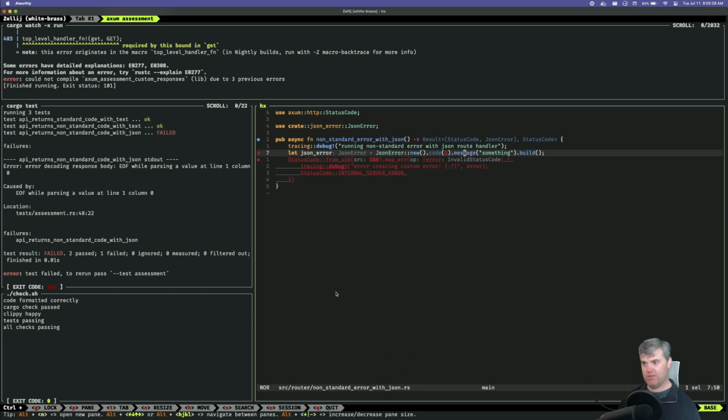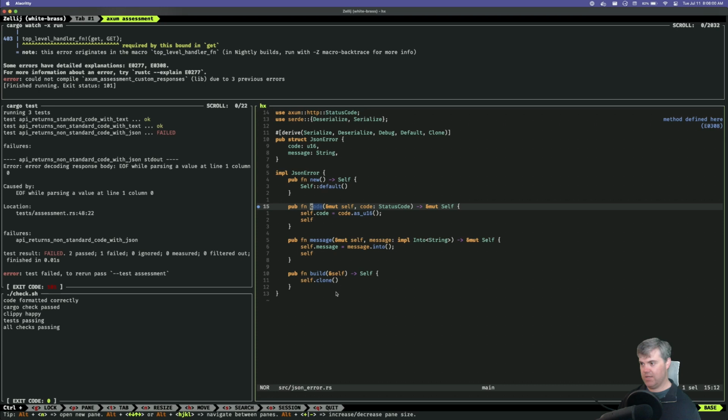What are you upset about? Arguments to this are incorrect. You take a status code. That's why. So I want this status code here. Oh, then yeah, hold on. I didn't think that through very much. If I want this to be a completely different thing, I don't want this to be a status code at all. I want this just to be a u16.